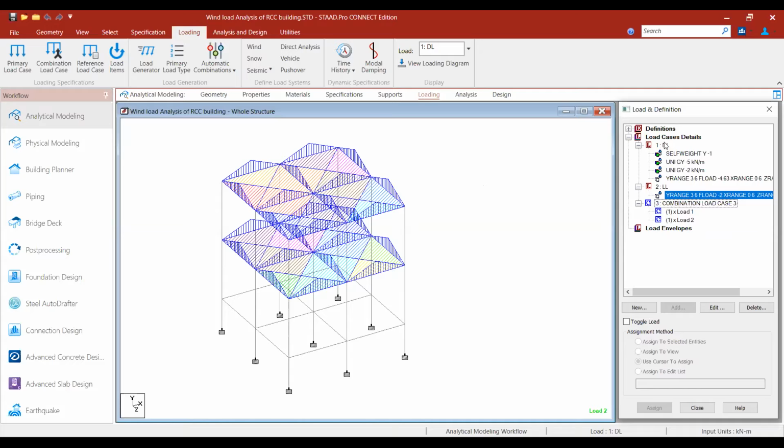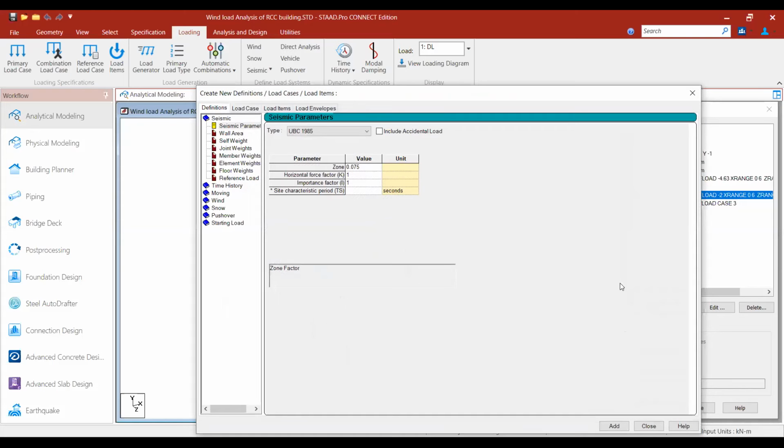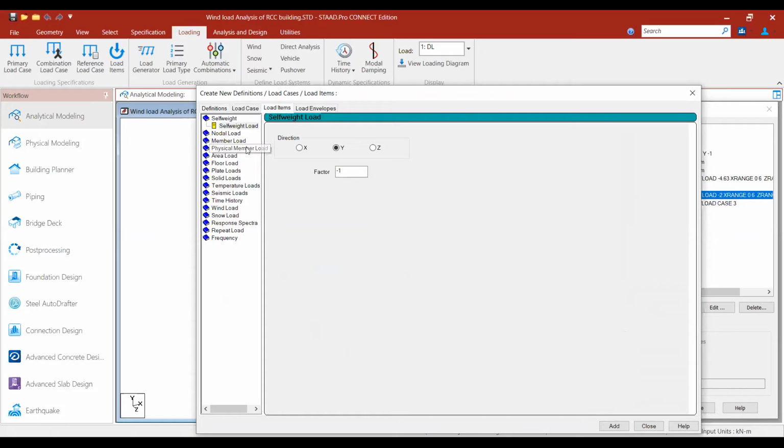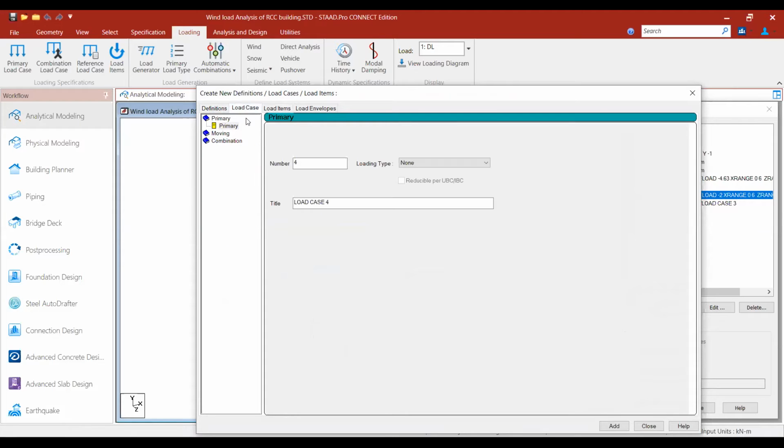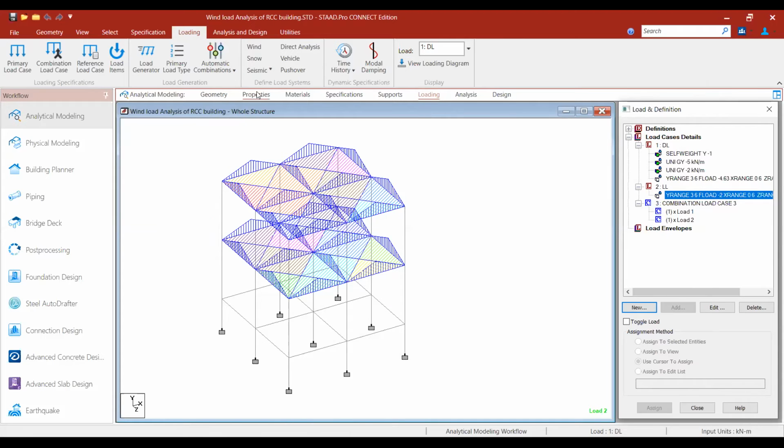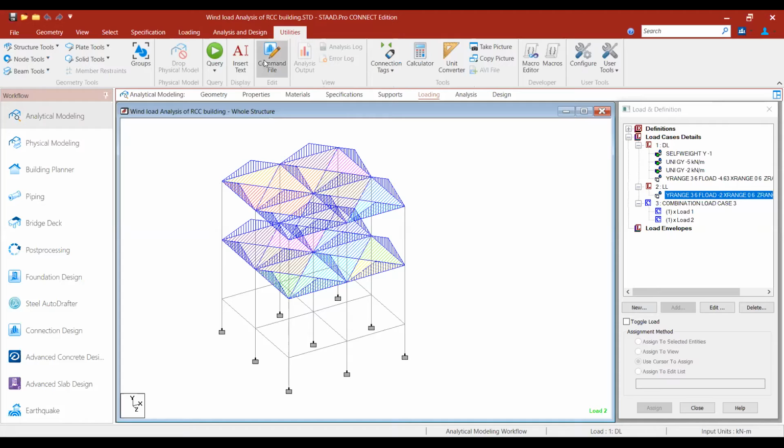So consider a new load case, the fourth one, or you change this combination to combination 4 in the command file.